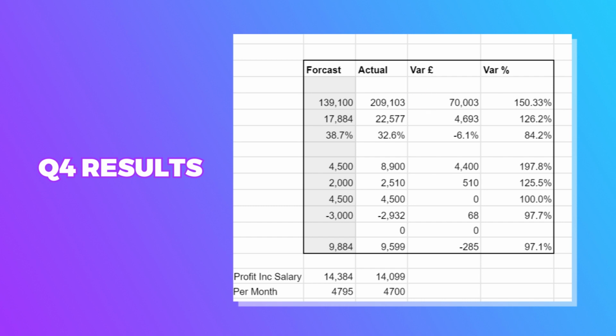Now, I don't just talk about revenue, I also talk about profits, and of that £209,000, we netted out to an average take-home profit of about £4,700. So that's what I'm looking at. That's where I was in Q4 last year, about £70,000 revenue, making about £5,000 net profit on average across the course of that quarter. So that's where my experience comes from, and hence why today I'm putting this together